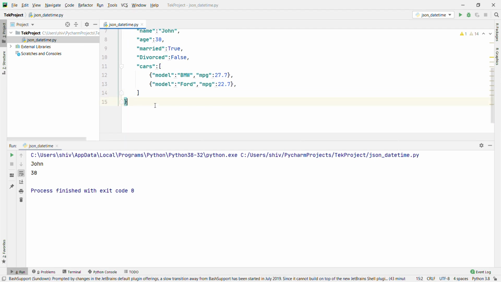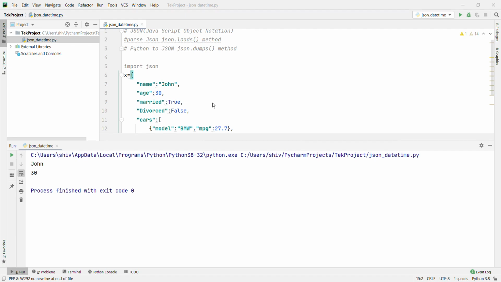Okay, this is one Python object containing all the legal types.